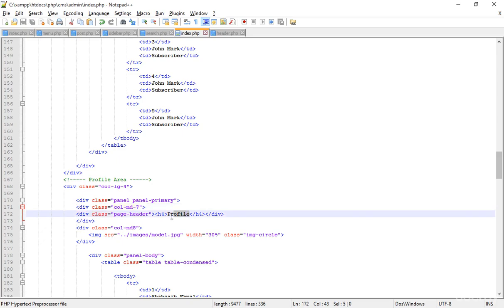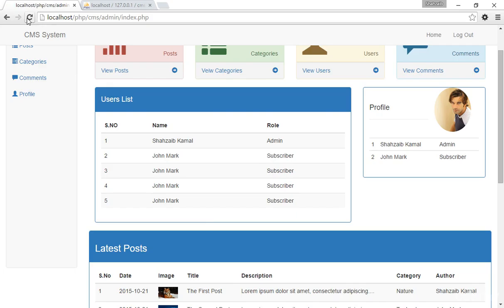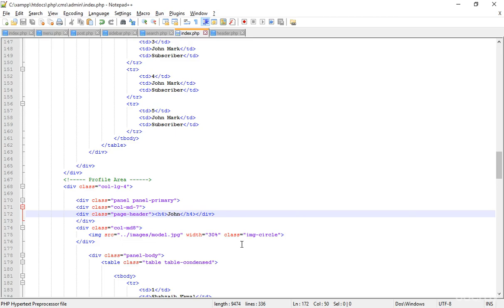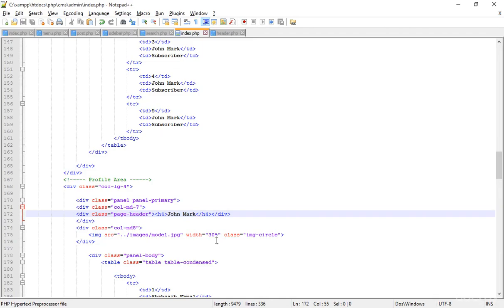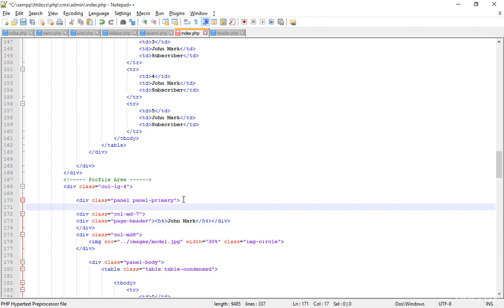Here instead of the profile I'm typing my name, or yeah, John is more preferred because obviously that is not me, by the way. So refresh that, and this is John Mark, my dummy character for this beautiful admin panel. Okay, John Mark, perfect. So what more I'm going to do here is create another div